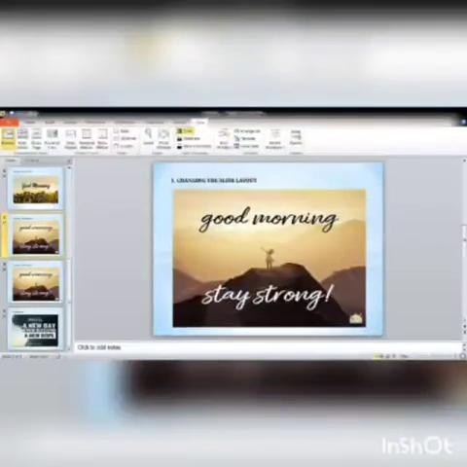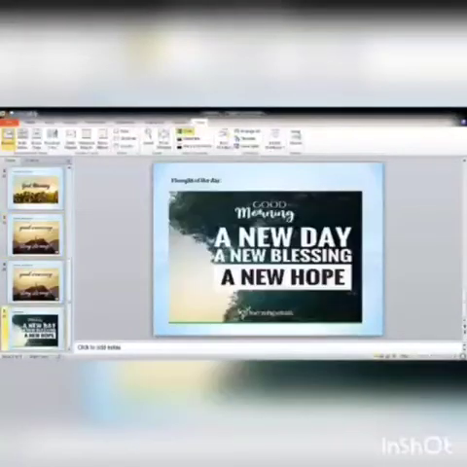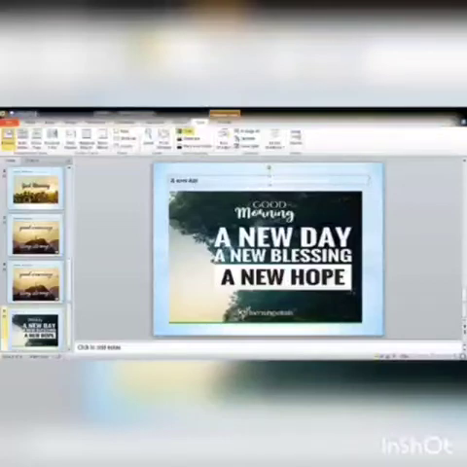Next topic is editing text object. It is important to know how to perform basic tasks with text while working in PowerPoint. Open the slide in which you want to edit the text. Click on the text, a placeholder will appear. Place the cursor at the point where you want to edit the text. Now make the required change in the text. After editing the text, click on the Save button on the Quick Access toolbar to save the changes.